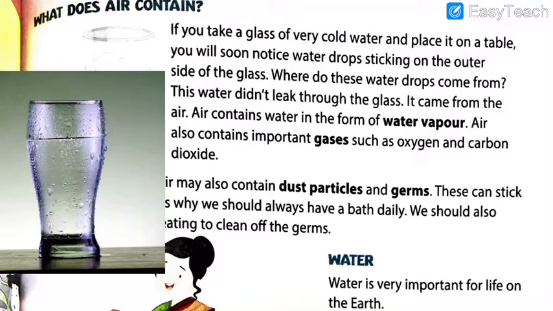Can you see, you can easily observe and judge that this water was very chilled, very cold, and then when you kept it in the room temperature, it is becoming hotter. Hotter in the sense, not as hot as smoke coming out of the water, it is just becoming cooler, or I should say normal temperature. So can you see, when you keep the chilled water in the room temperature, water droplets are formed on the outer layer of the glass.